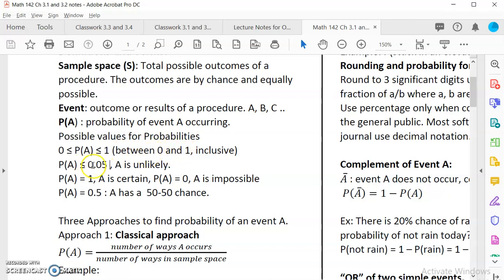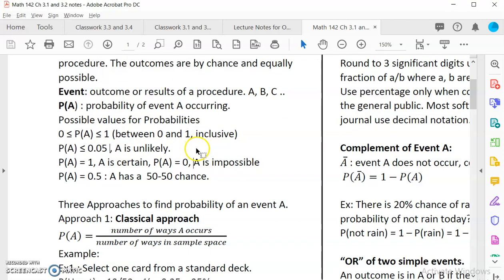If the probability of the event is less than 0.05, we say that this event is unlikely. It's very rare, and we call it a rare event. A is a rare event. If it happened, we're very surprised. In reality, no matter how unlikely an event is, it can happen. But for a statistician, if we see something that is unlikely to happen, we would use it to draw some conclusion. So if an event has such a low chance but has happened, then we will draw a conclusion.